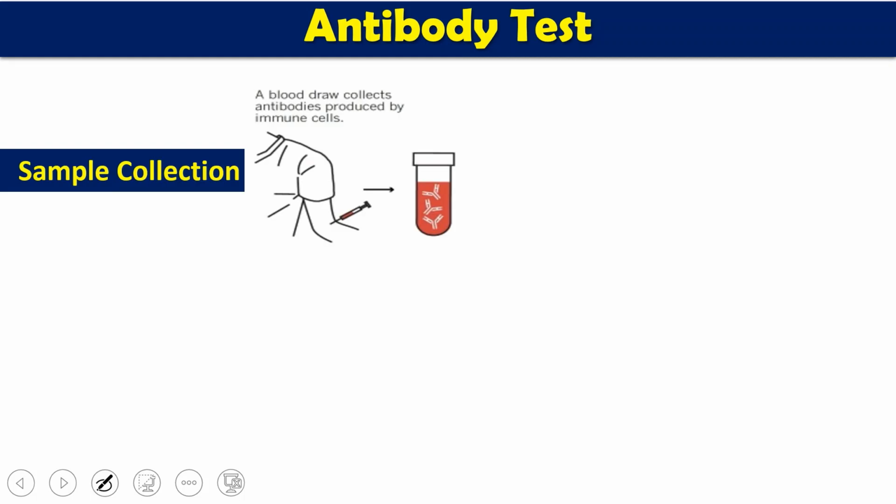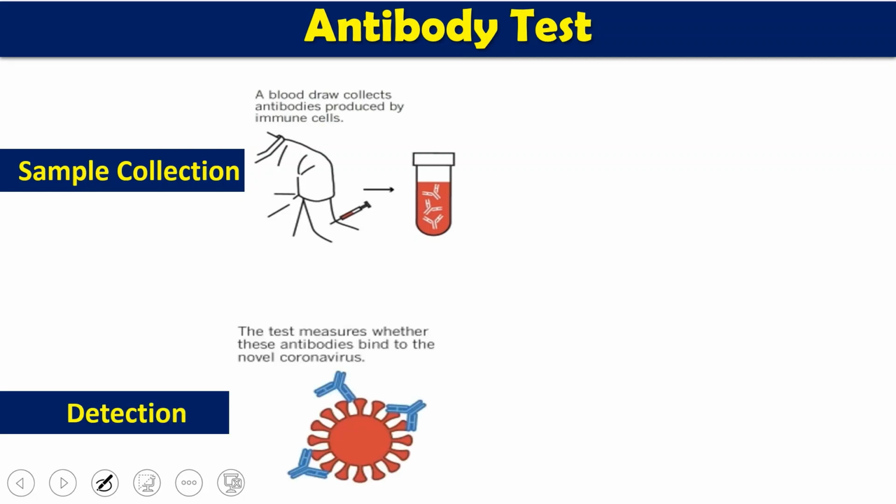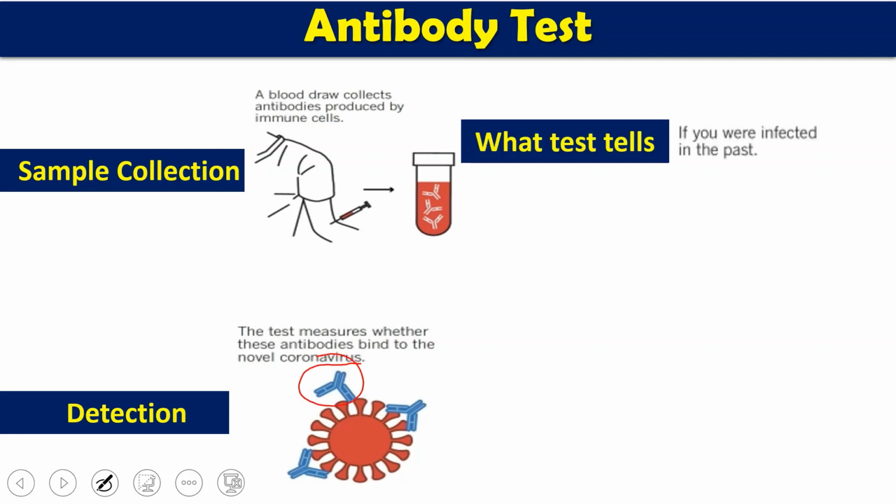The third test we have is called the antibody test. Here we detect the presence of antibody, immunoglobulin, against the virus particles. For this we collect a blood sample. We look for the presence of any immunoglobulin antibody against any proteins of the coronavirus. We provide antigens, and if antibody is there in the serum, it will bind and it will be detected.